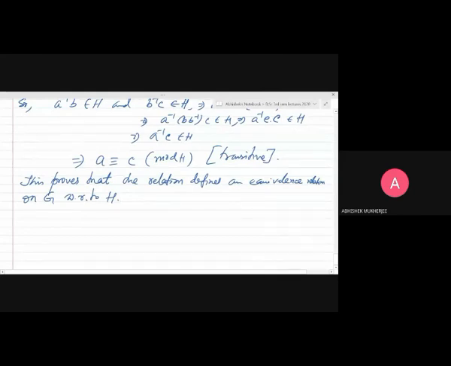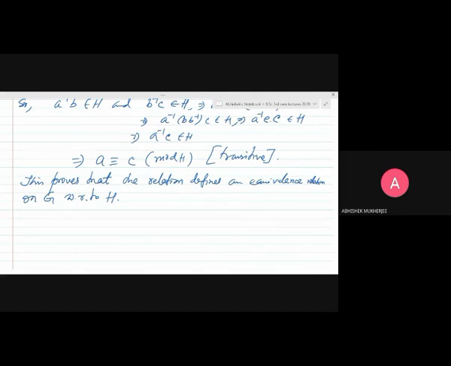So this relation defines an equivalence relation on G with respect to H. And while you are defining an equivalence relation, you are going to partition the set, right? With respect to equivalence classes, distinct equivalence classes. So we need to find out what are the equivalence classes this relation